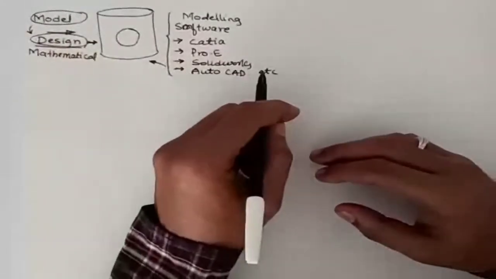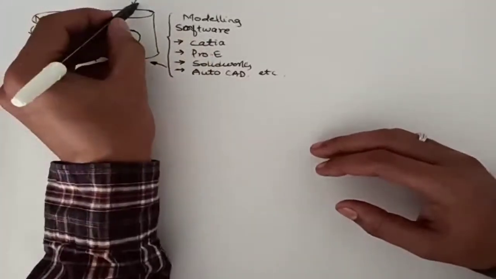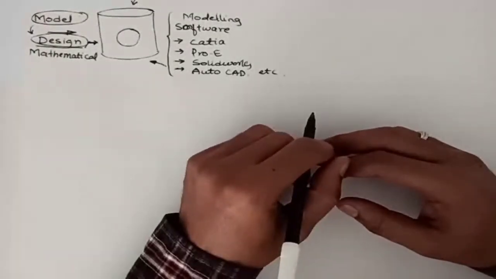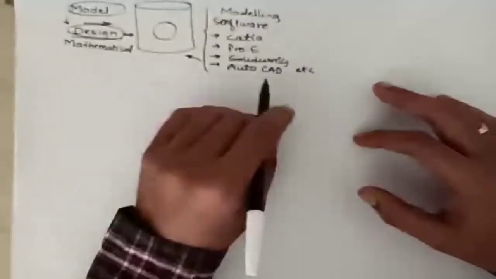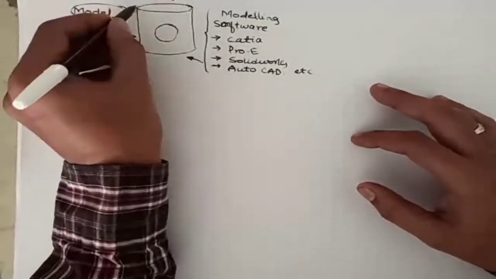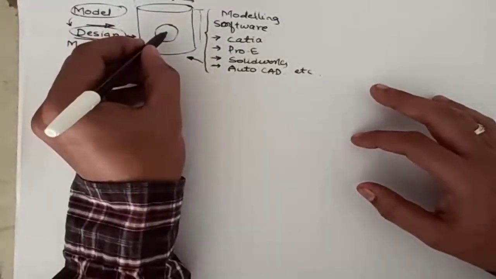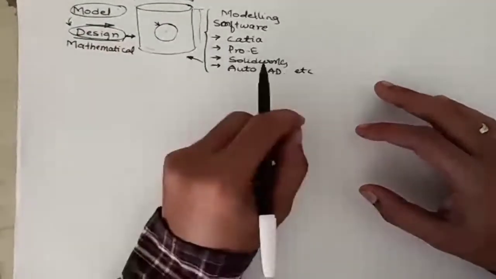So how do you create the model? Without any specification you cannot, because you need some specifications like major dimensions, the material property, or the shape and size. All the properties are required to make the model. So how do you calculate? It may be the diameter of the piston, the height, the piston ring, and the thickness of the wall. We require all these dimensions. So where will you obtain the dimensions?